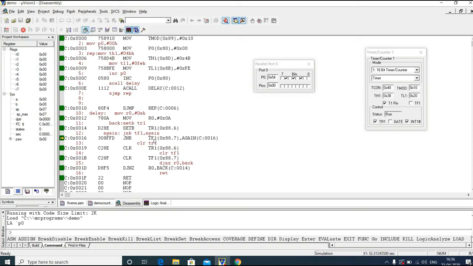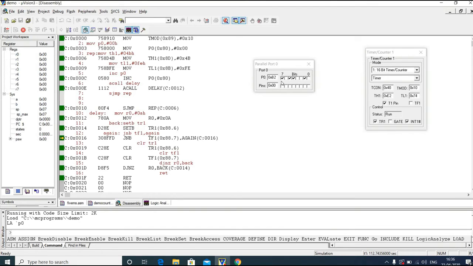In the disassembly window also you can see it is watching the status of the TF flag. In the timers you can see our TH and TL contents are changing, and TMOD is loaded with 10h, right? Once the TH and TL contents became 0, you can see the yellow arrow mark, so that will come out of this instruction.